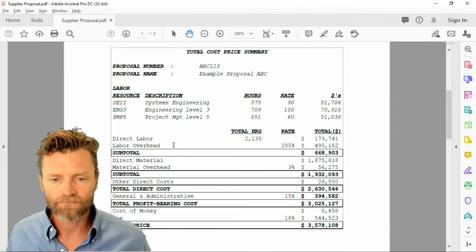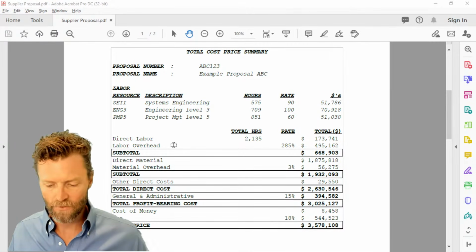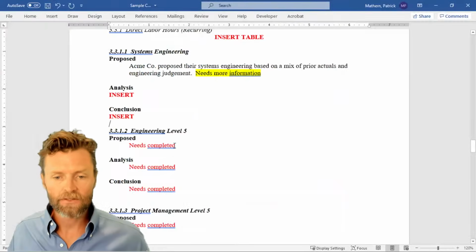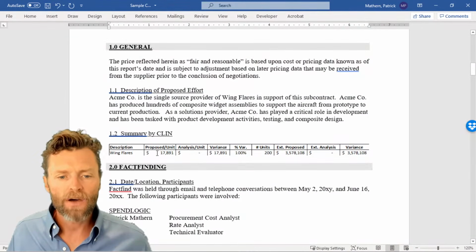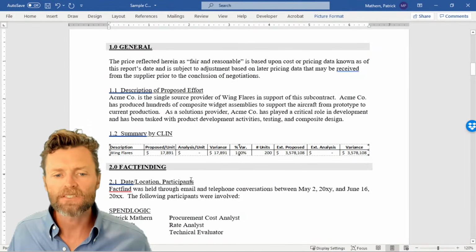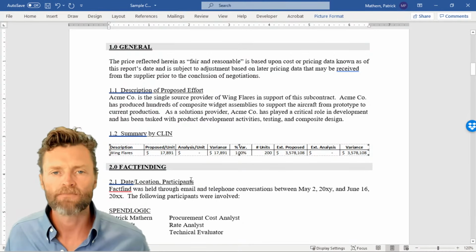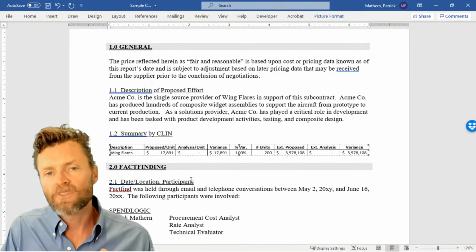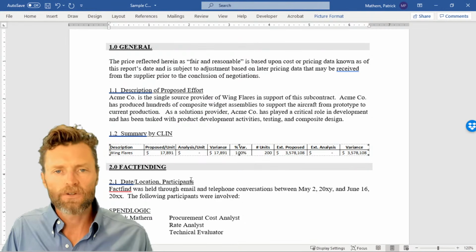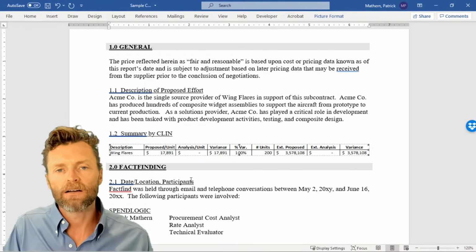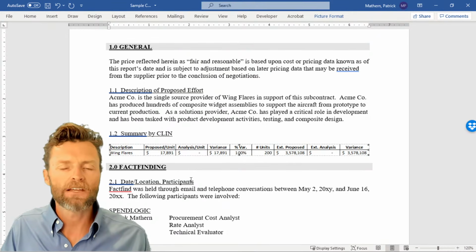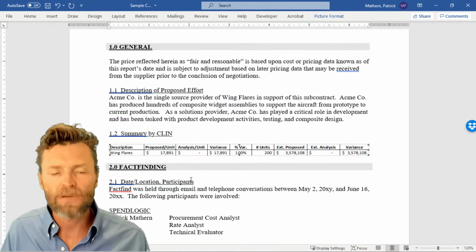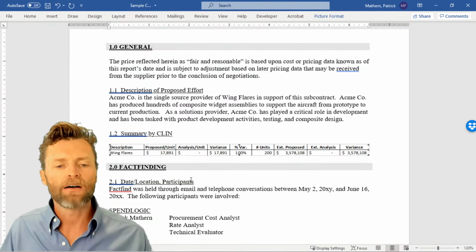Make sure that you break out your recurring and your non-recurring separately. And the reason for this, if you're not familiar with this, let me go to the cost analysis report. So the way that this has been set up, my proposed dollars per unit is 17,891, okay? The way to think about that is this is for 200 units, okay? If I want to buy another 50 units, that 17,891 should be usable as a basis for those 50 units. Now we're going to have to modify the price for quantity and all that stuff, but in theory, that whole